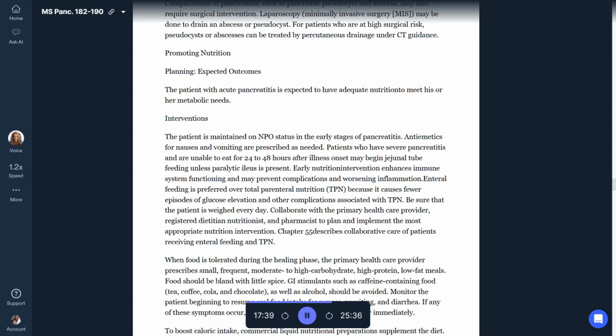Fat malabsorption also contributes to weight loss and muscle wasting and leads to general debilitation. Protein malabsorption results in a starvation edema of the feet, legs, and hands caused by decreased levels of circulating albumin. The loss of pancreatic endocrine function is responsible for the development of diabetes mellitus in patients with chronic pancreatic insufficiency.